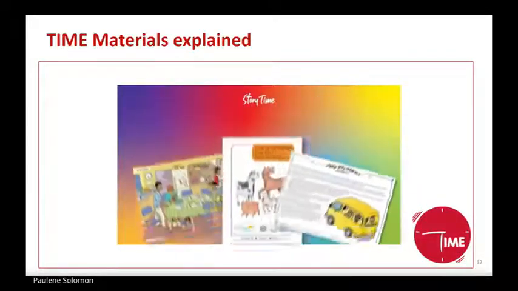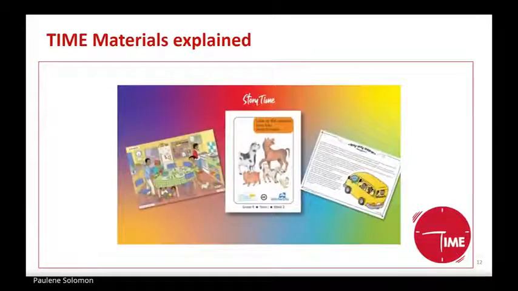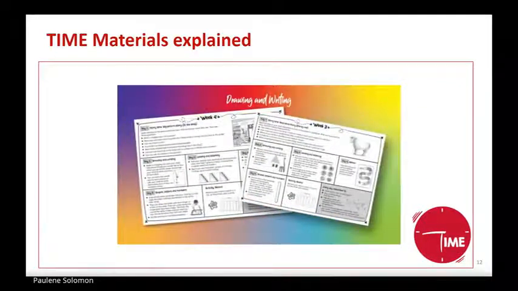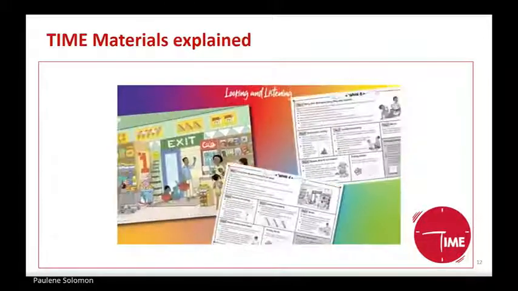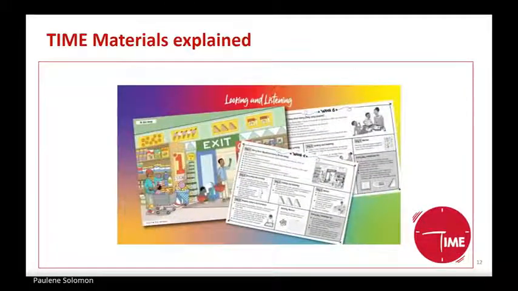Ask your child what they see and what they think you are going to talk and read about. Now, enjoy the story together. In the second activity, your child will get a chance to draw and write about their favorite part of the story, or something related to the story. Next, your child will get a chance to do some looking and listening activities. These activities will help your child hear and observe more and pay attention for longer periods.